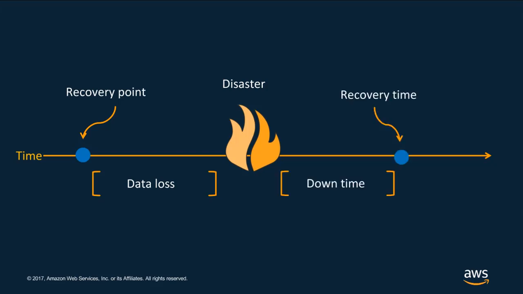You'll find RTO after the disaster on the timeline. Your recovery time objective defines the amount of downtime you're willing to accept for an application. This tells you how quickly you need to be able to have the application back online in the event of a disaster. It probably goes without saying that as your RTOs and RPOs grow smaller, they can become more complex. The infrastructure and the tools that you need to facilitate a shorter RTO or a shorter RPO become more costly